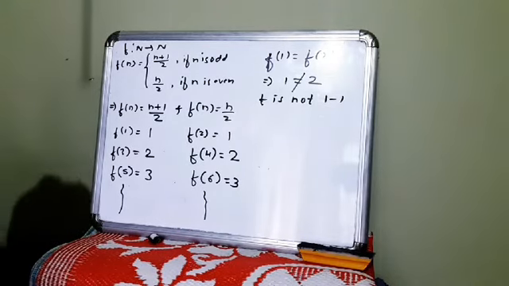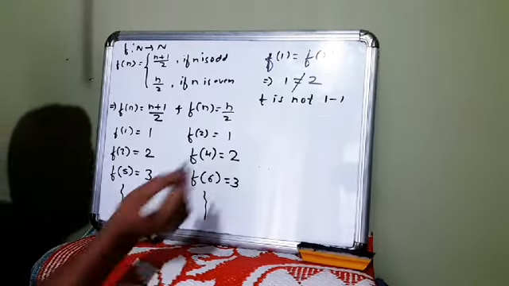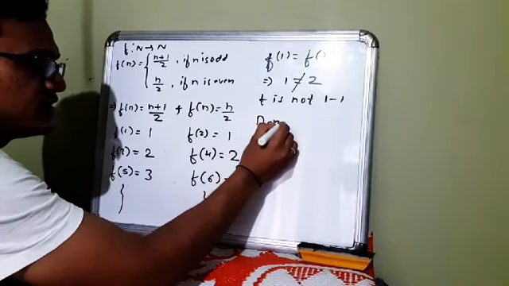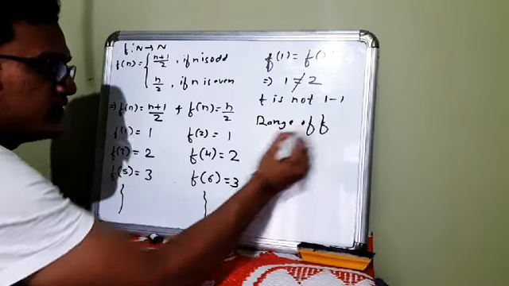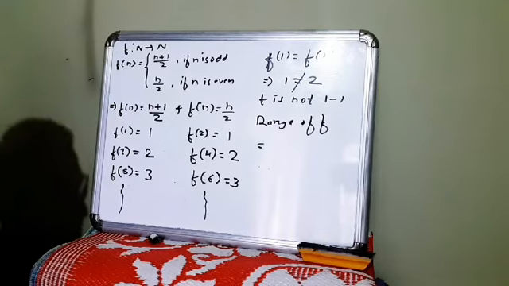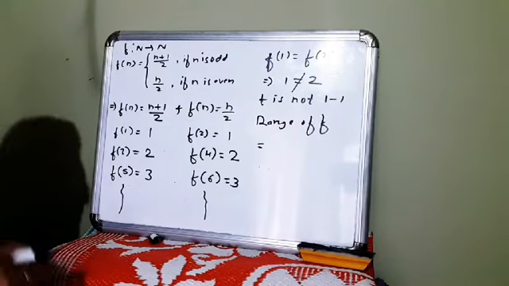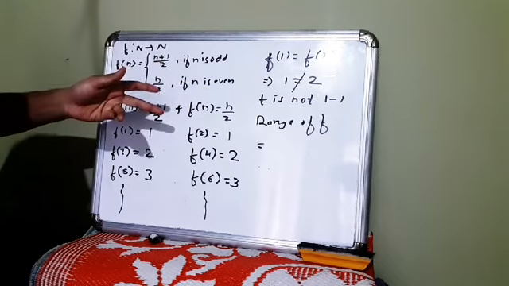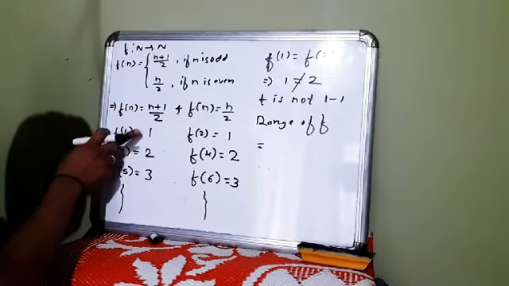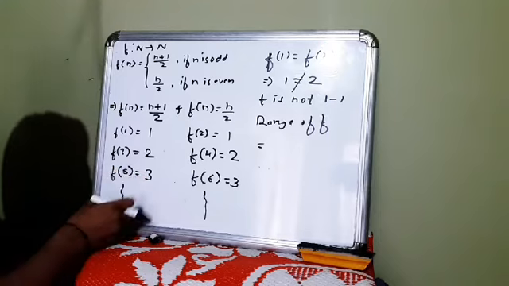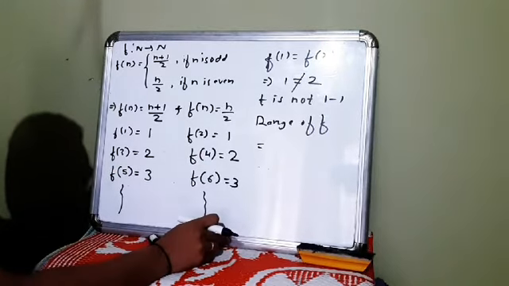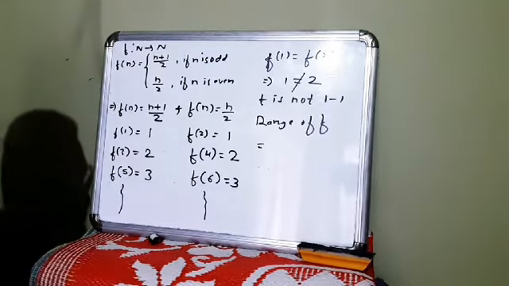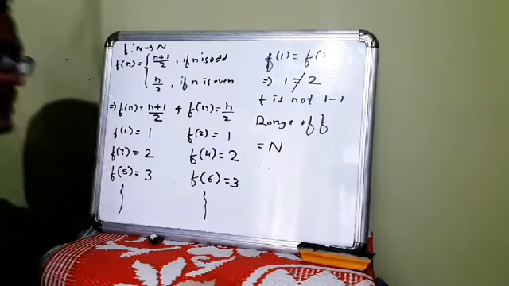Okay. Now to check onto, it is very clear. So we have to use the second definition, that is, range of f is equal to codomain. Now what is the range of f here? It is very simple. Why? Because for the odd and even conditions, we already put the natural numbers and we found the answers 1, 2, 3 and so on. These are the set of natural numbers. So the range will be N.